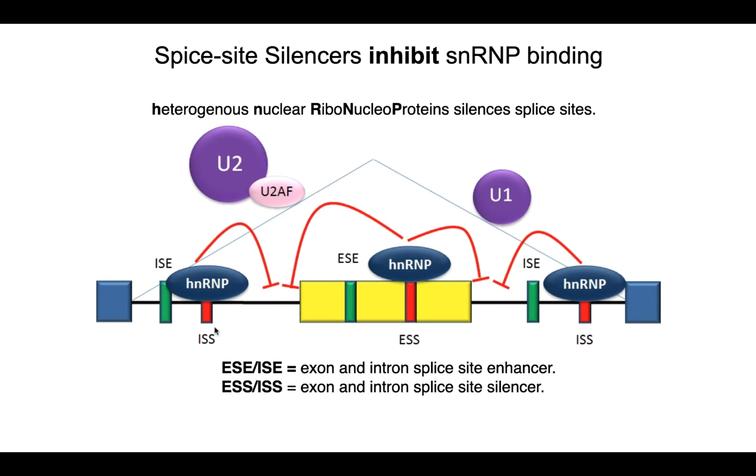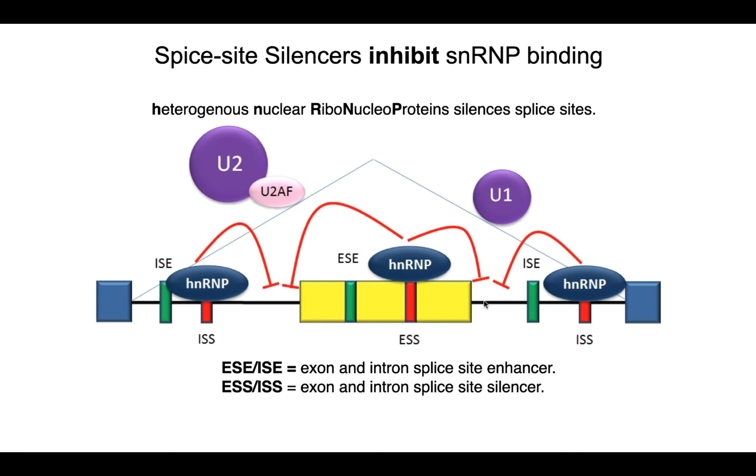Now, splice site silencers. Those are going to be in red here, and those are bound by proteins called hnRNPs, heterogeneous nuclear ribonucleoproteins. And these are proteins that bind to these exon splice site silencers or intron splice site silencers. And what do they do? They silence splice sites. They inhibit the various components of the spliceosome from binding to either the branch site or binding to the 5'